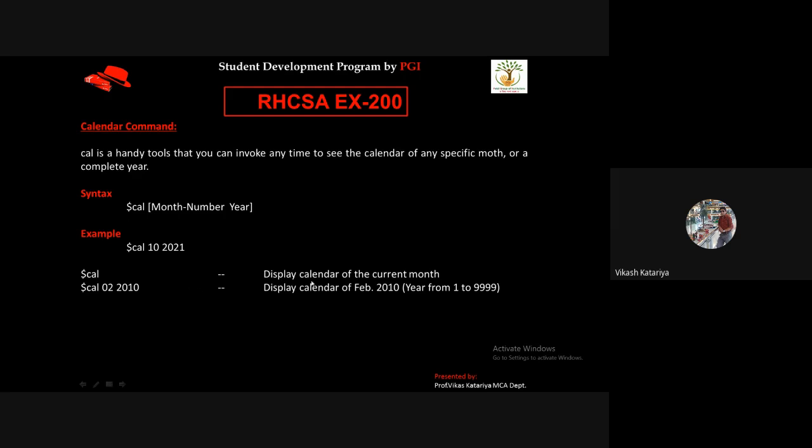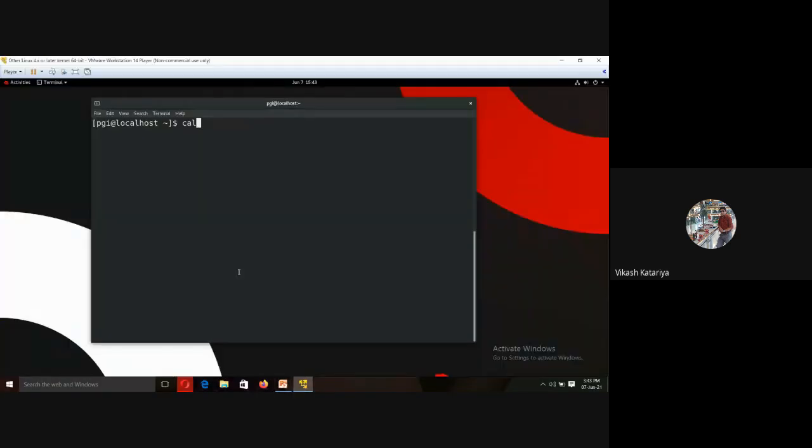So let's print the calendar. cal is for the calendar command. Remember, every command is case sensitive, so you have to simply put small letters; you cannot put capital letters. So small cal, space, I want to show the 6th month, that is June, and 2021. The current year 2021 has 12 different months, but I want to show the calendar of the 6th month.